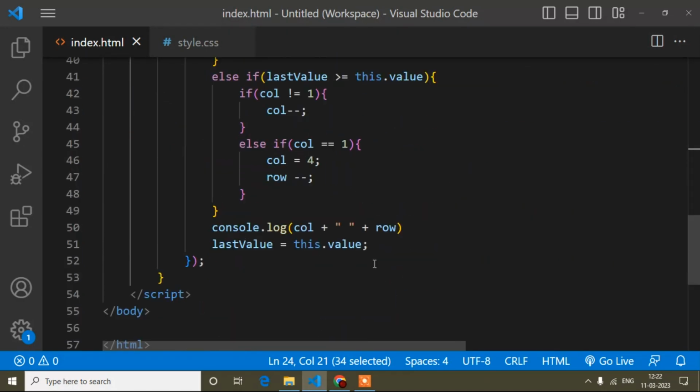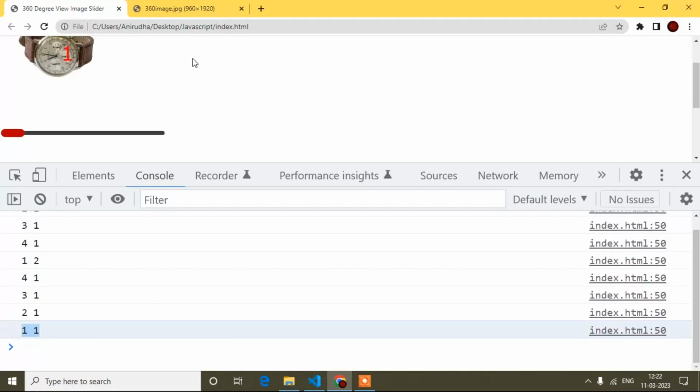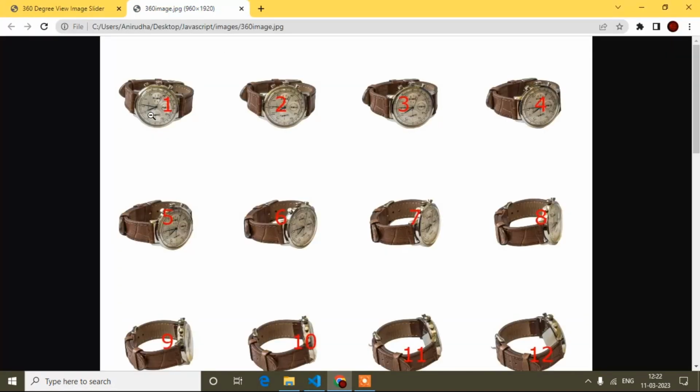Now I already discussed this, right? This is the sprite image. So first it will increase widthwise. Width means position X, and I already explained this before starting: X means width-wise, Y means height-wise.